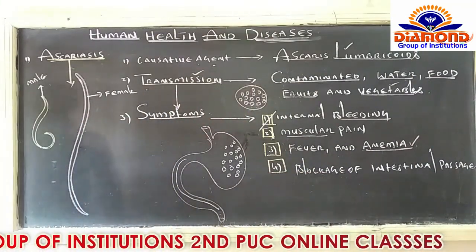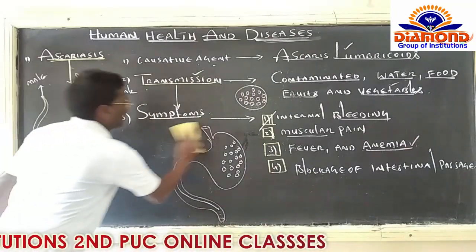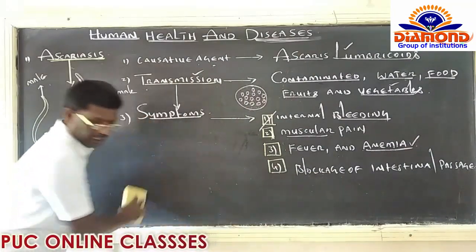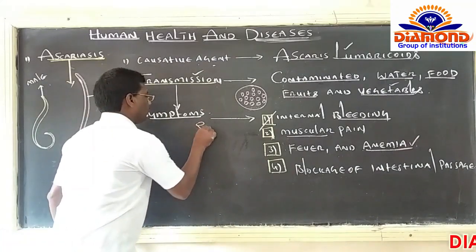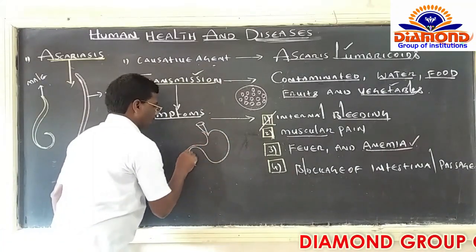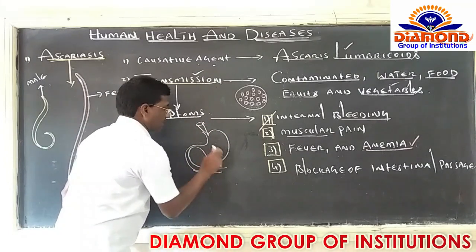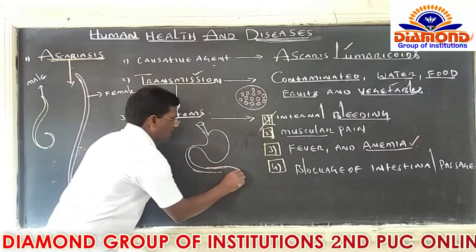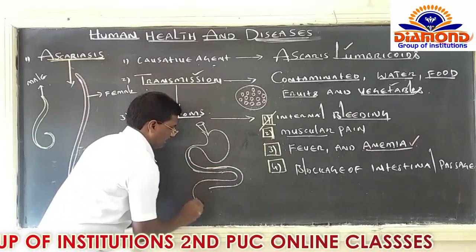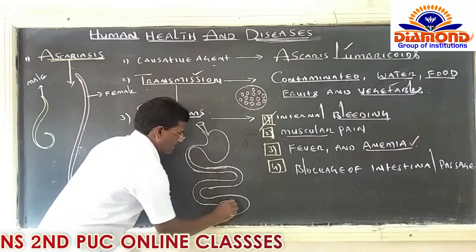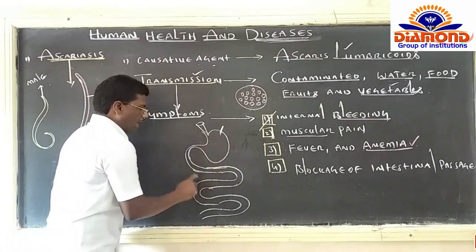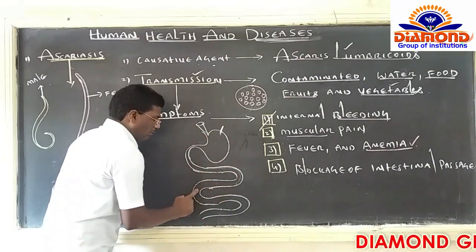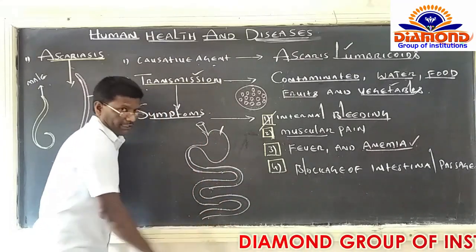Blockage of intestine means what? Have a look here. I would like to explain this simple point with a simple and small diagrammatic representation. Whenever we take in food material, first of all, the food material is released inside the stomach. The stomach is attached to the small intestine. Now have a look here. This is the small intestine. So some of the digestion takes place in the stomach, and the remaining part, the whole amount of digestion, takes place in the small intestine.